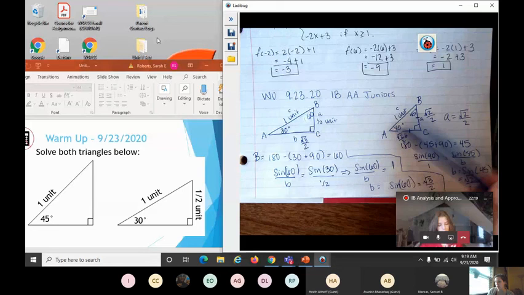Good. And then what should we get for X? Hold on, let me calculate that. So we would get 20 times sine 40 equals X times sine 80. So then we divide both sides by sine 80, and we would get 13.1. Very good. And we're doing 3 sig figs, so 13.1 kilometers. Very good. Thank you. Good job, Keith. Okay, and then I need one more person to set